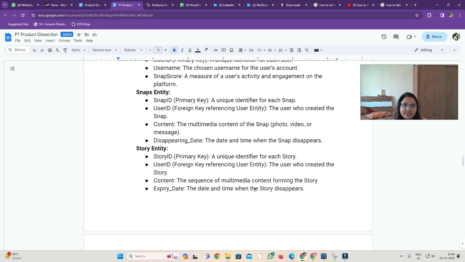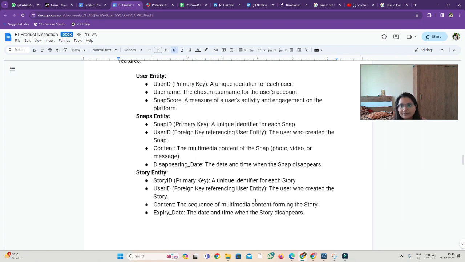The next one is the snaps entity. The snap entity contains snap id, which is the primary key for this table, a unique identifier for each snap. The user id is a foreign key from the previous table. Then the content, the multimedia content of snaps, like photos, videos, or messages.